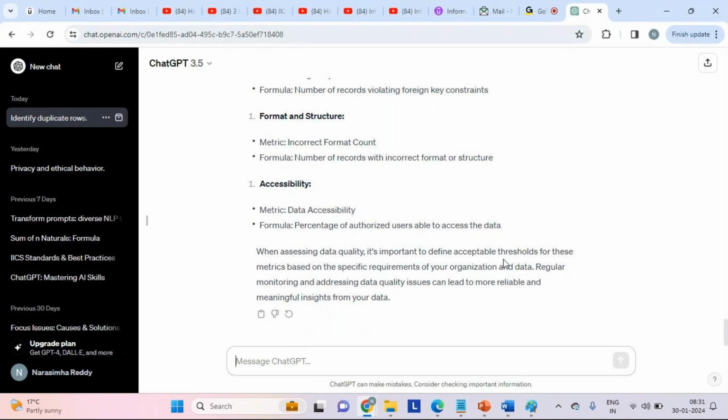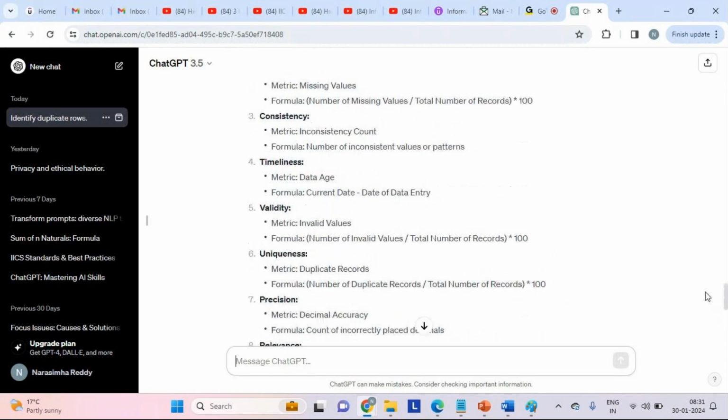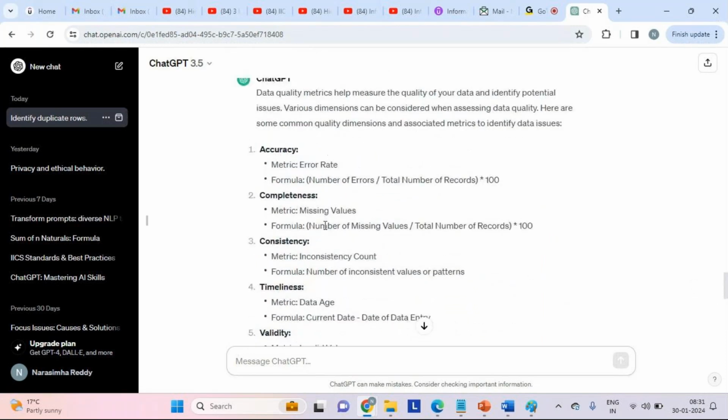Which means if you say our data is quality data, we need to confirm with these dimensional metrics. One, accuracy: let us say we expect 100% accuracy, but we got one error out of 10 rows, then you'll get 90% accuracy. So that's where accuracy is going to play a very key role. And next is completeness.